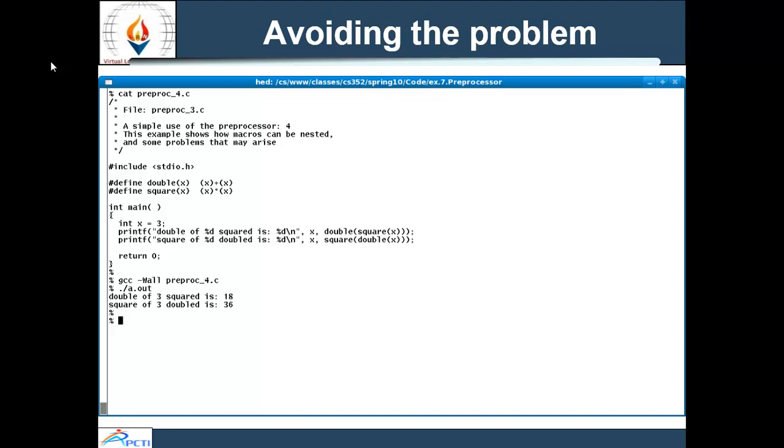So whenever we use macros, we need to take this caution like this. We have to specify the brackets so that it will show the correct output. Double of 3 is 6, and then it will show the square.